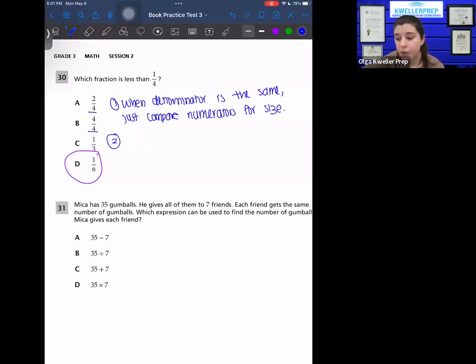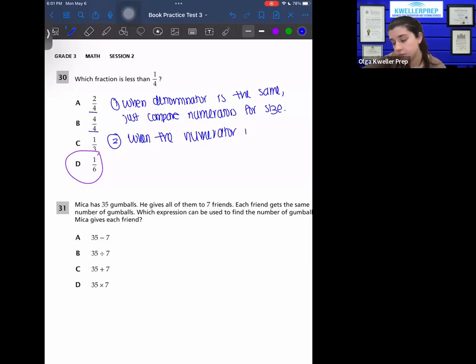Number 2 is when the numerator is the same, it kind of flips, right? So when the numerator is the same, bigger denominator means smaller number overall. And then obviously the opposite is true. Smaller denominator means bigger number overall,